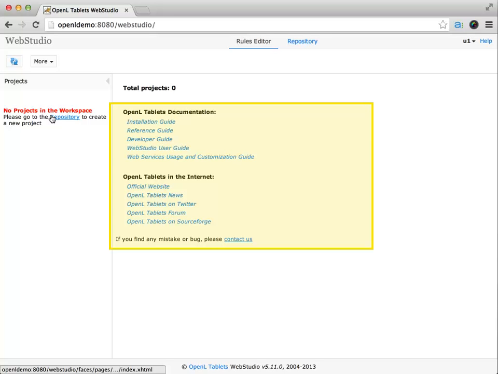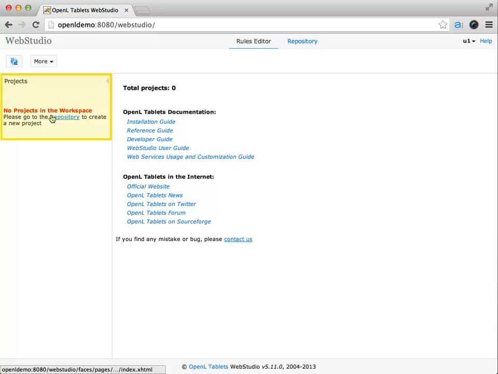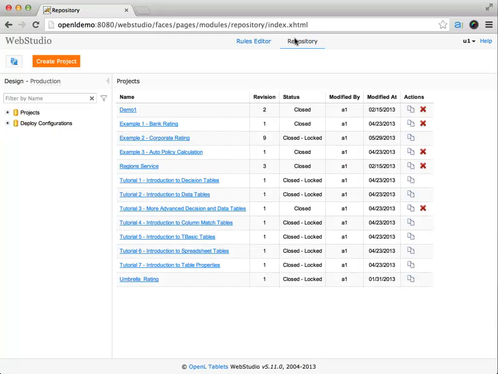As you start to develop using WebStudio, you will want to reference this documentation, as it has a lot of instructions and syntax that's going to be required for you to create rule projects. You can notice over here underneath projects, right now in the Rules Editor view, we have no projects in this workspace. The first step that you're actually going to need to do is go to the Repository view, either through this link or through the top link up here,